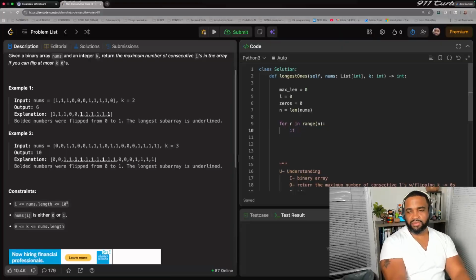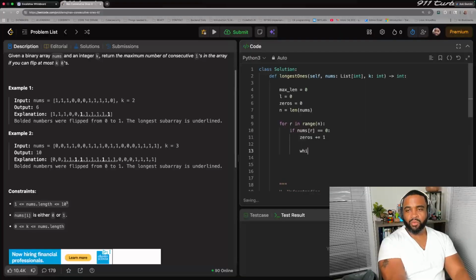So if nums right equals 0, then we got to accumulate the 0, plus 1. And then while zeros is more than K, right? And if,